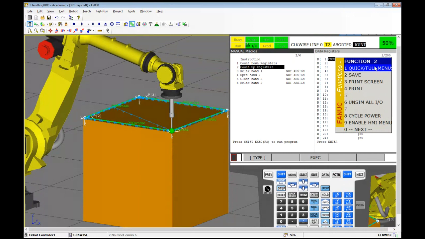And I do remember mentioning this because sometimes when you're trying to do an abort all, you somehow accidentally get to the second part of this screen. So this is function 1. This is the first menu screen, and then you go to the second one, and that's where that quick full menu is, and then you turn on your quick menus. If you turn on quick menus